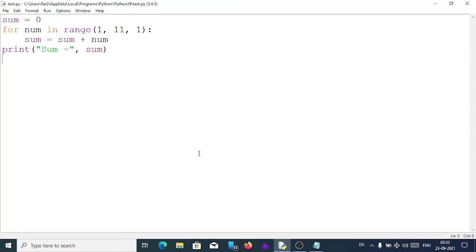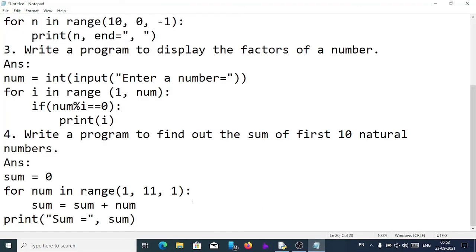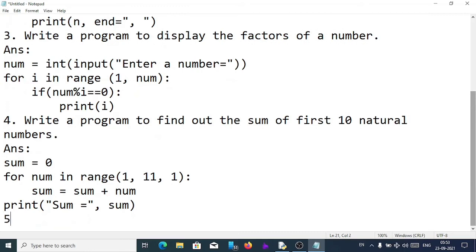Now suppose we have a slightly different program. It's like number 4 only. Now we have to find out the sum of the odd numbers and even numbers. Write a program to calculate